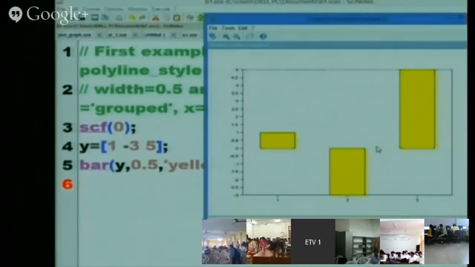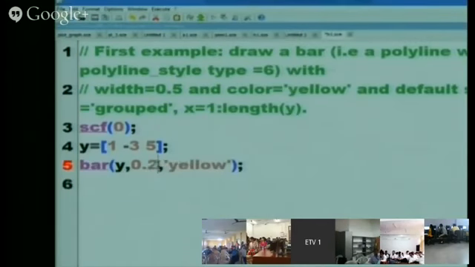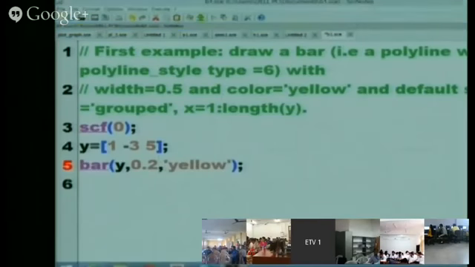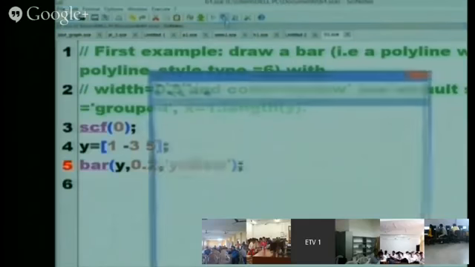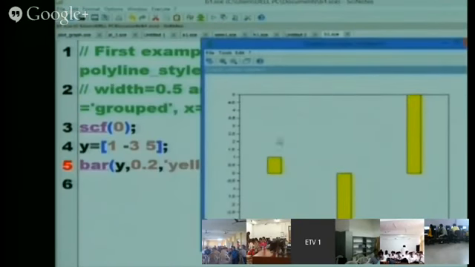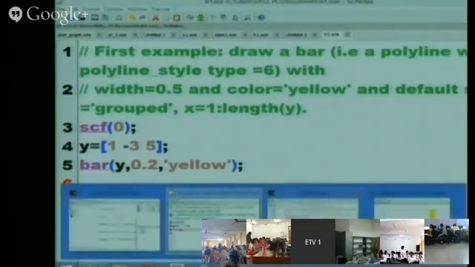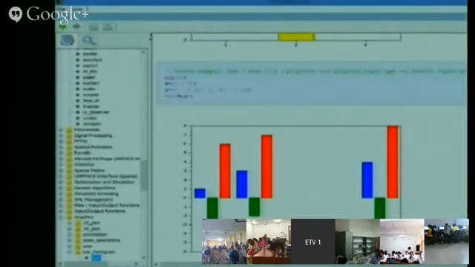Right? So here if we change this width to 0.2, see the width of these bars will be reduced. So you can reduce accordingly. Then next, stacked bar is there.